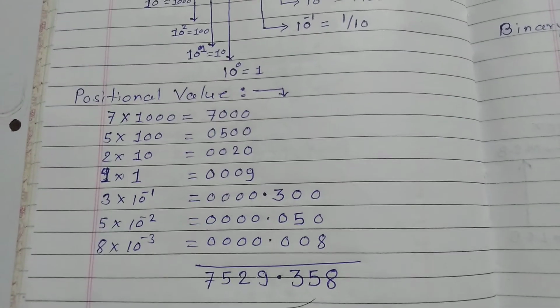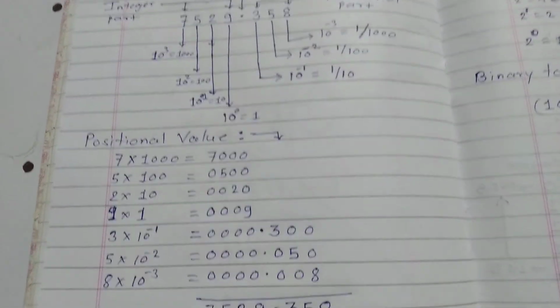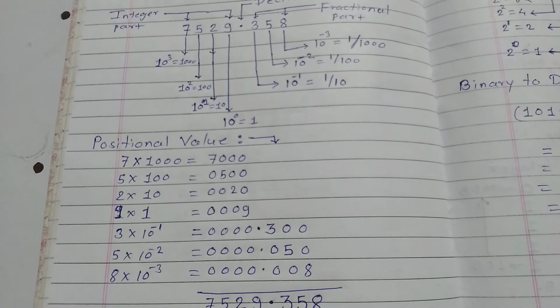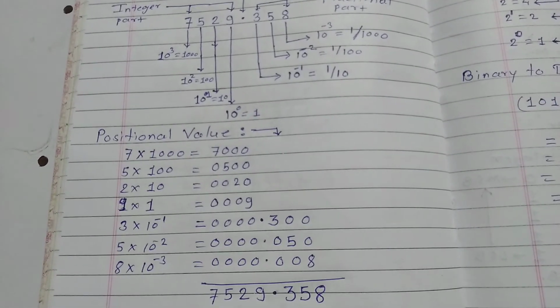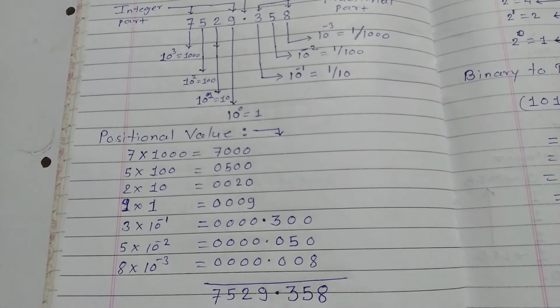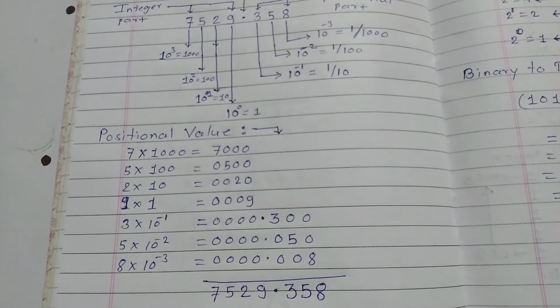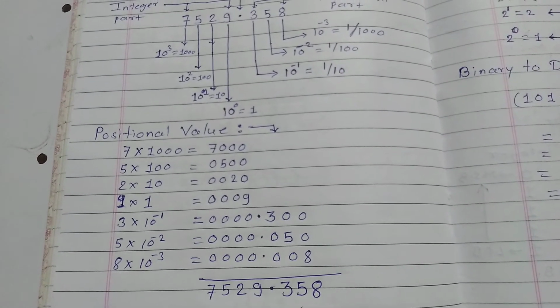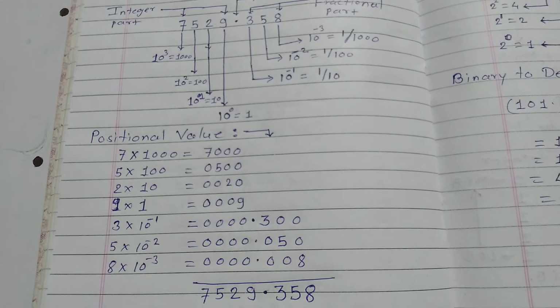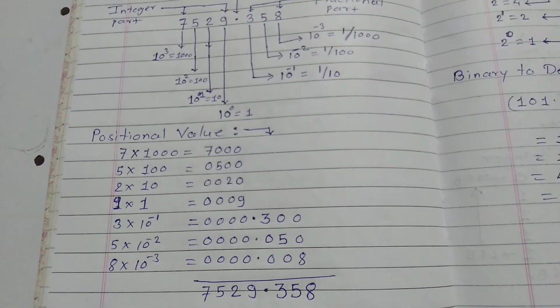You can see that the 7 is multiplied with 1000. As I had told already, 7 is multiplied by 10 raised to 3, that is 1000, so that is 7000. For 5 it is 5 into 10 raised to 2, that is 100, so it is 500. For 2 it is 10 raised to 1, that means 10, so the value is 20. For 9